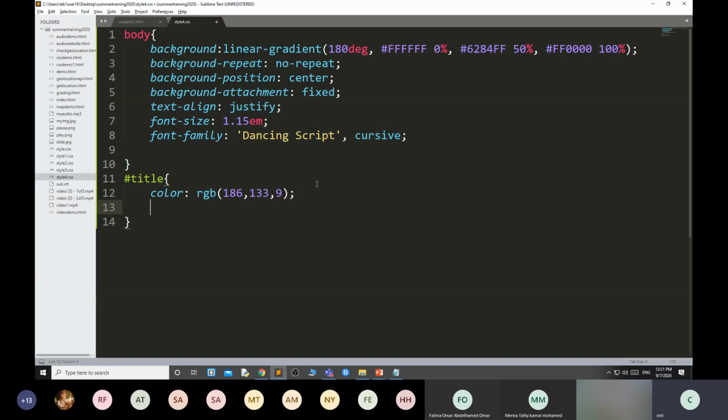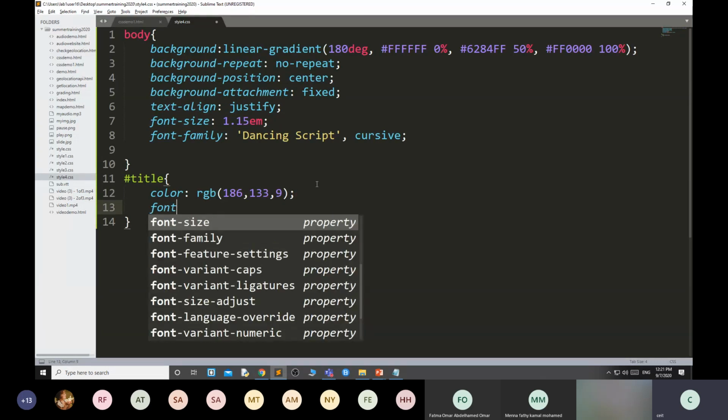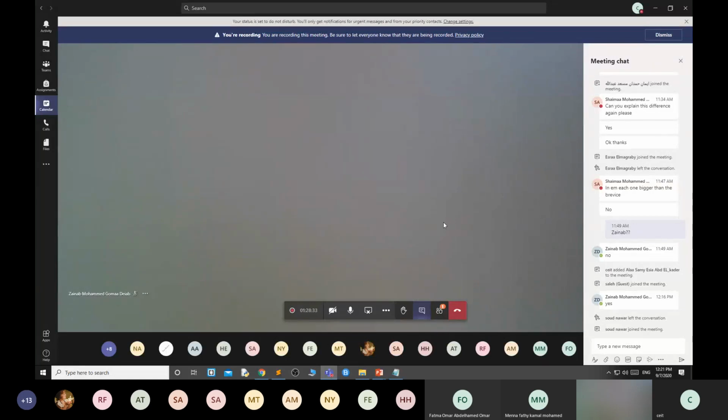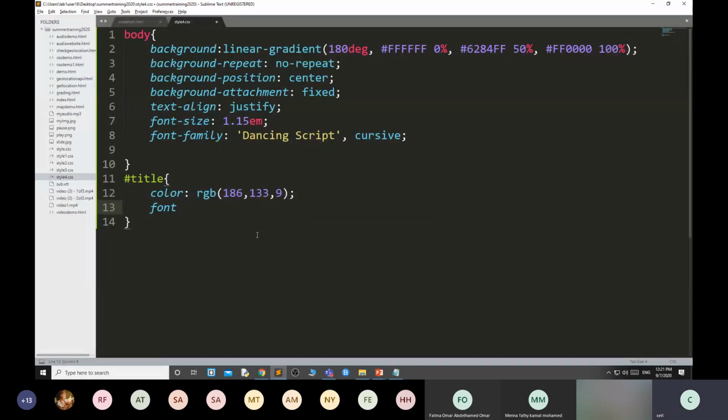If you want to change the font, then here you can again override the font family. Suppose here I just change this to some other font, from the family sans.